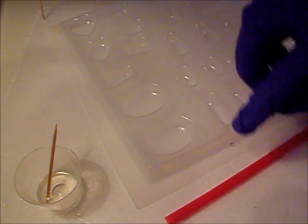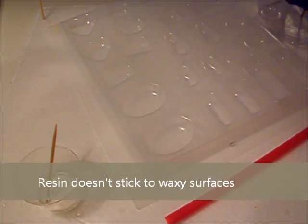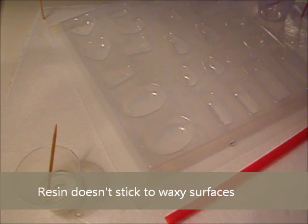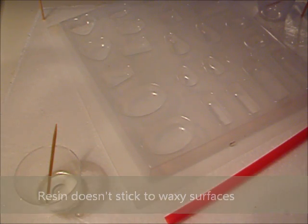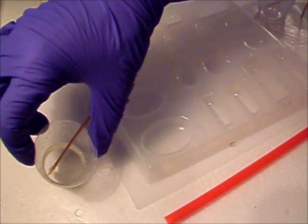This easily tapes down to your counter, and the nice thing is that if you spill some resin, it'll wipe right off the wax paper, or when you're done, you just pull up all your wax paper, crumple it up, and throw it away. So today I'm going to be using a little bit of epoxy resin that I mixed